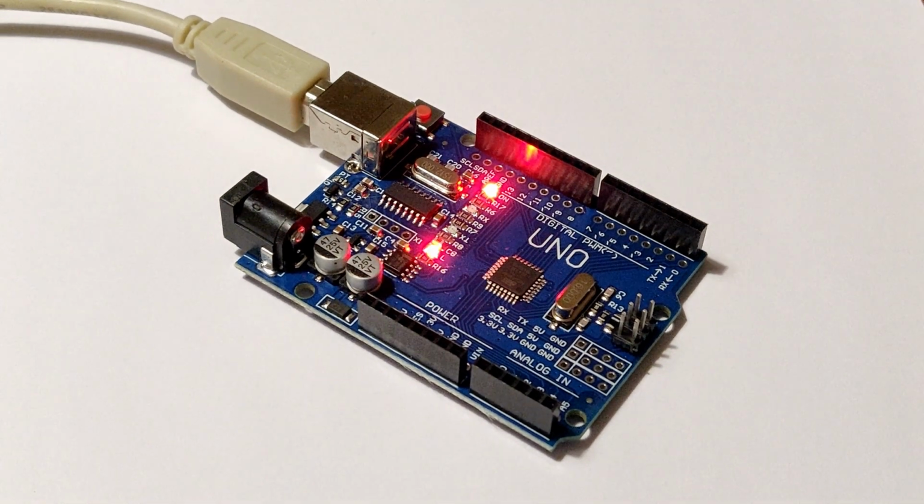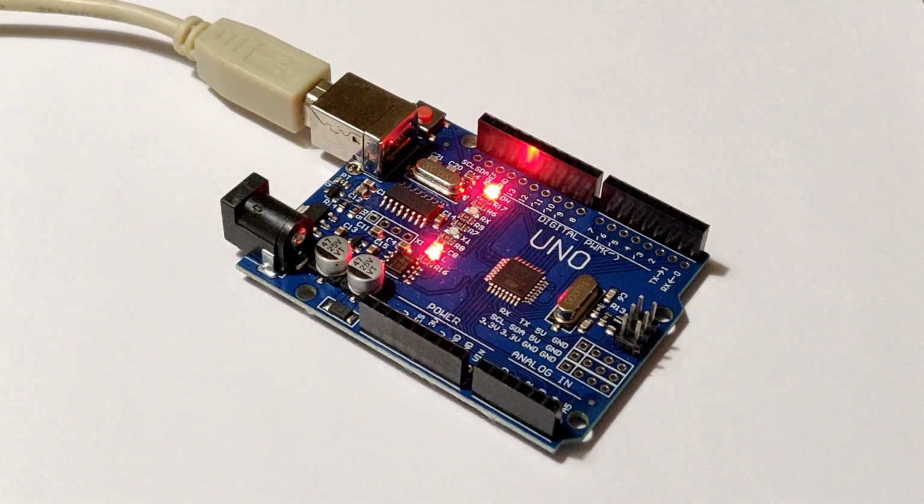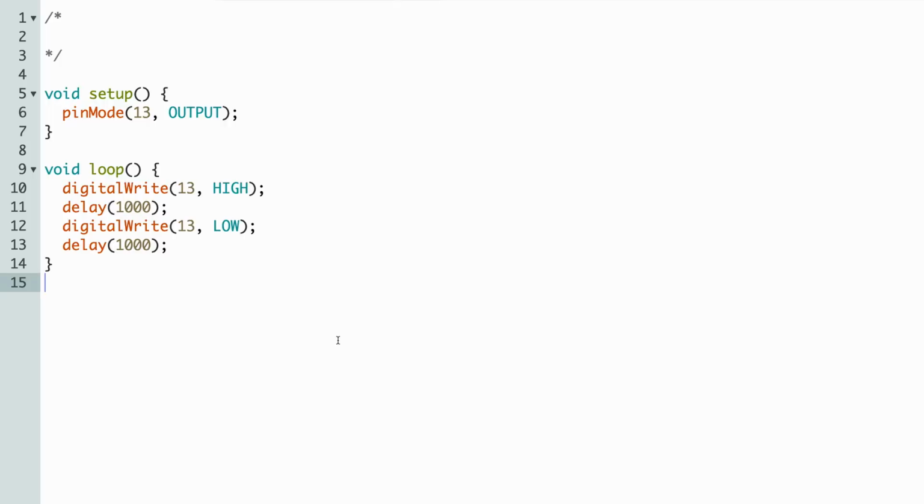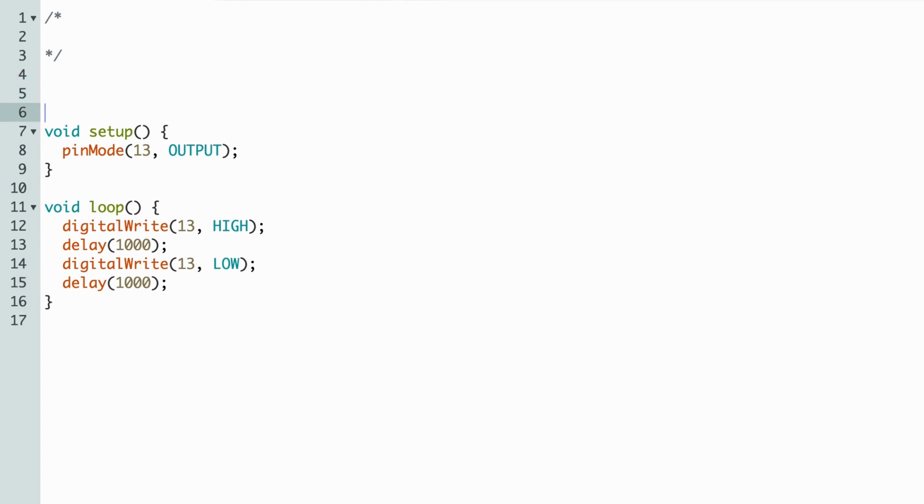Let's take this further by having the LED start off blinking rapidly and then gradually slowing it down. We could do this by repeating the digital write statements and creating a long list of instructions where the delays get bigger and bigger, but we can do better than that. We can keep track of the delay and have it increase over and over. We'll start out defining the starting value of the delay at the top of the program.